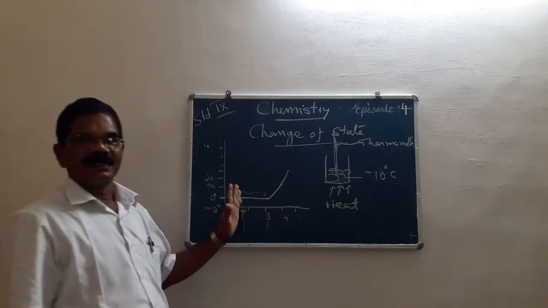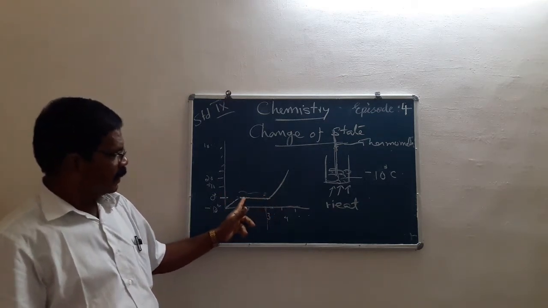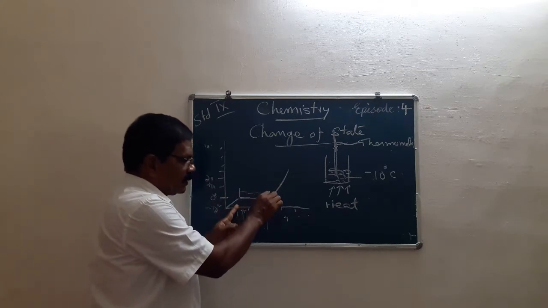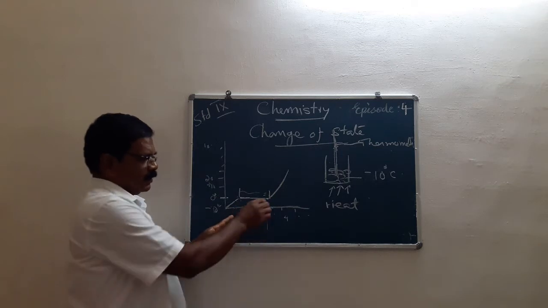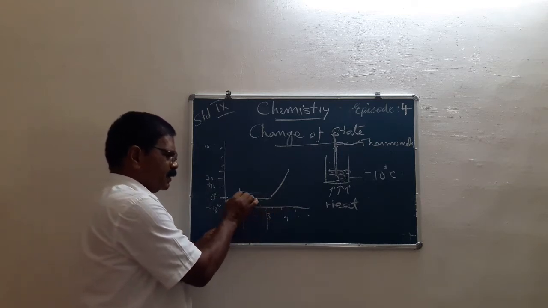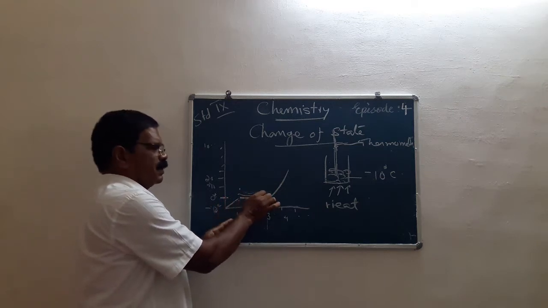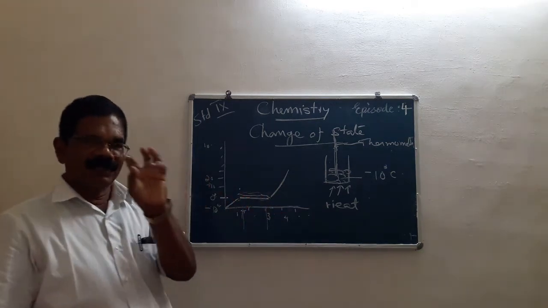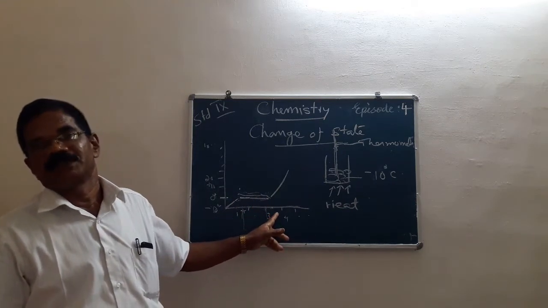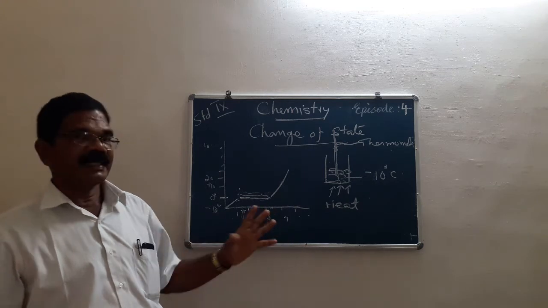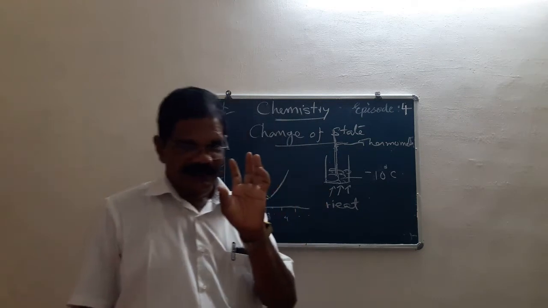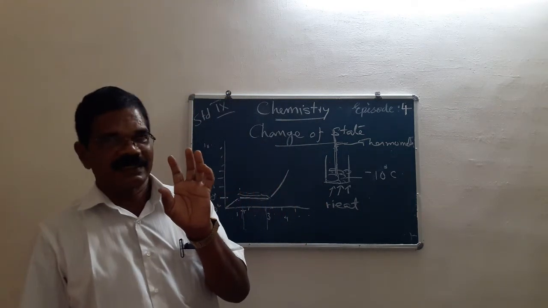What happens is, here the melting begins, and here the complete ice melting is completed. On this portion, melting begins and is completed, and on this part there is no rise in temperature shown. The heat being given to the ice is absorbed by the water molecules, the particles of ice, and hidden in them. That heat energy is known as latent heat.